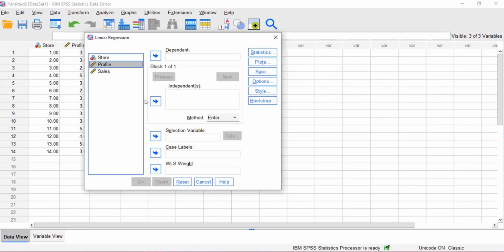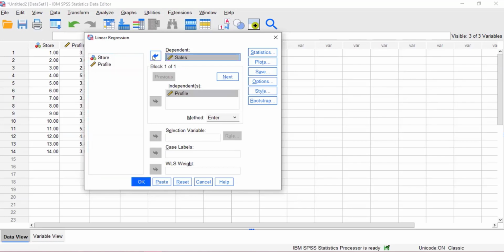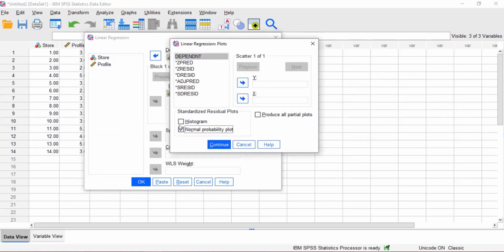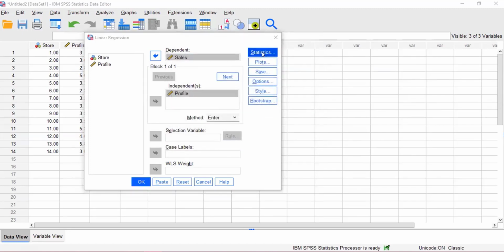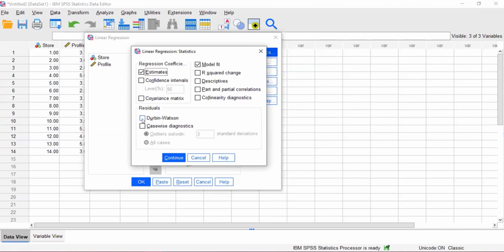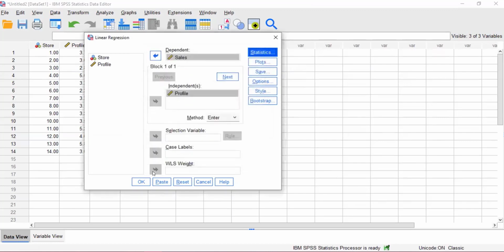I'm going to tell it that as my independent variable, I want to use the profile data. For my dependent variable, I want to look at sales. I can also tell it that I want plots. I would like a normal probability plot, and I would also like for it to plot the observed and predicted values of that dependent variable. Additionally, if I go into statistics, I just have to click a box to tell it that I want it to do the Durbin-Watson analysis. So if I hit continue and OK,